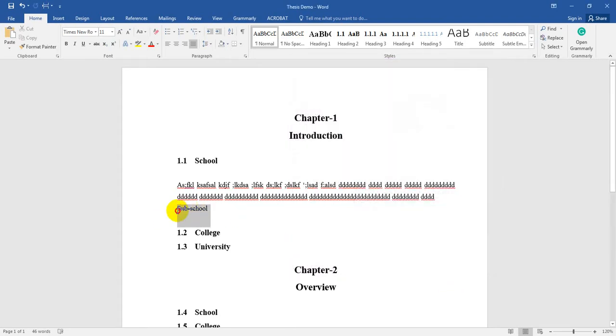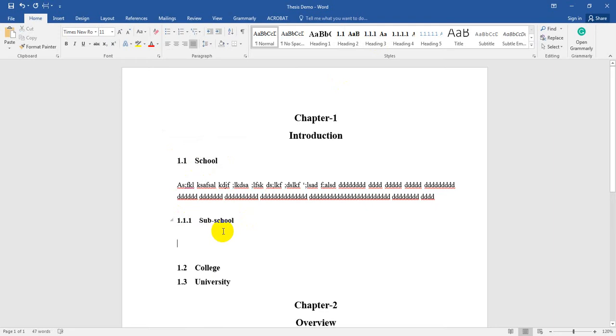Now if you want to give your subtopic, go to heading 3. Just see here, this is your first, and here this is your second subtopic. Under that topic, 1.1, 1.1.1, and if you go here, if you need to write something else here, and if you need another subtopic here,